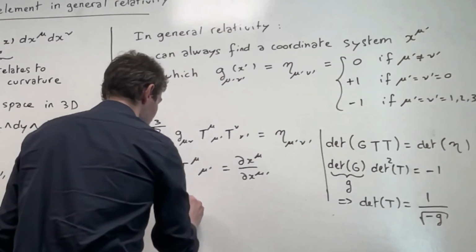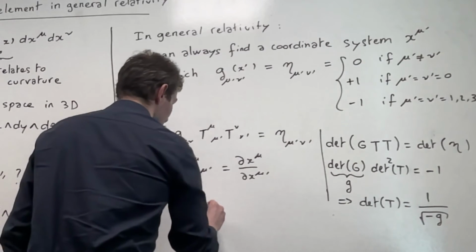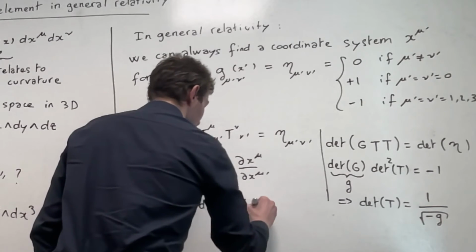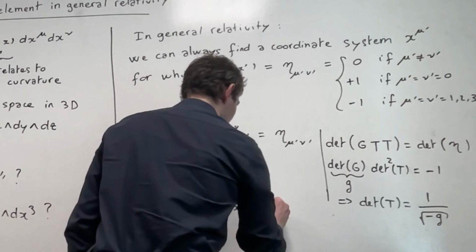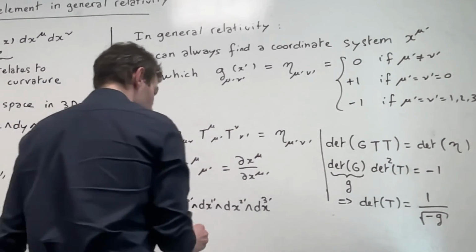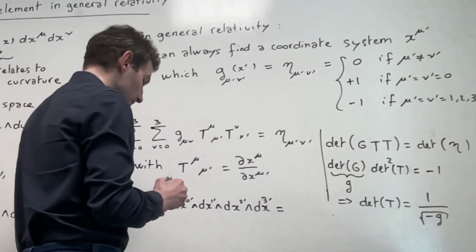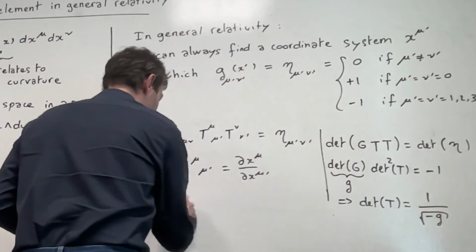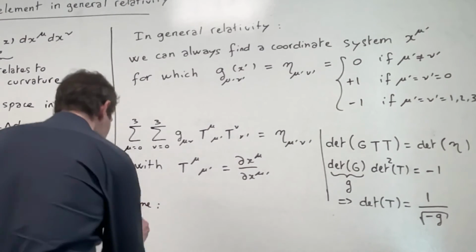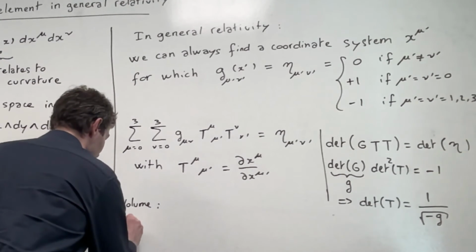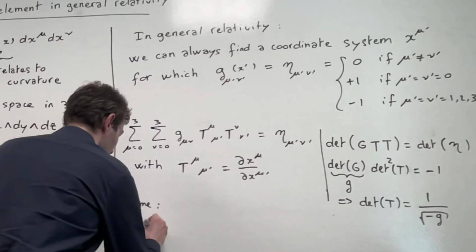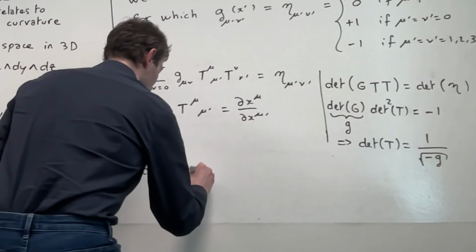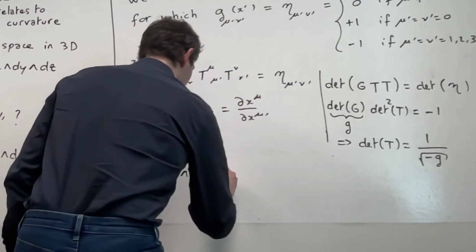I'm going to say this is dx0 prime wedge dx1 prime wedge dx2 prime wedge dx3 prime, and that's equal to,